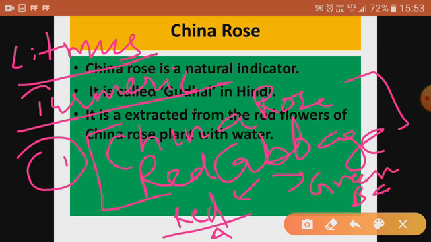Among this category we have phenolphthalein and methyl orange. These are the artificial indicators, and when a solution is basic, phenolphthalein gives a pink color, but if the solution is acidic, it remains colorless.